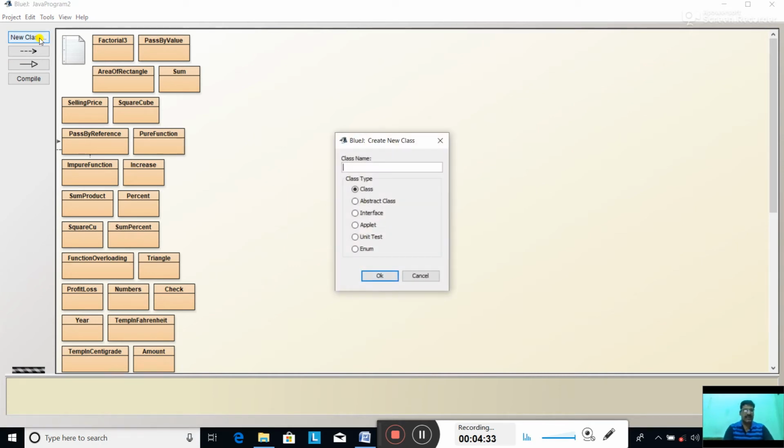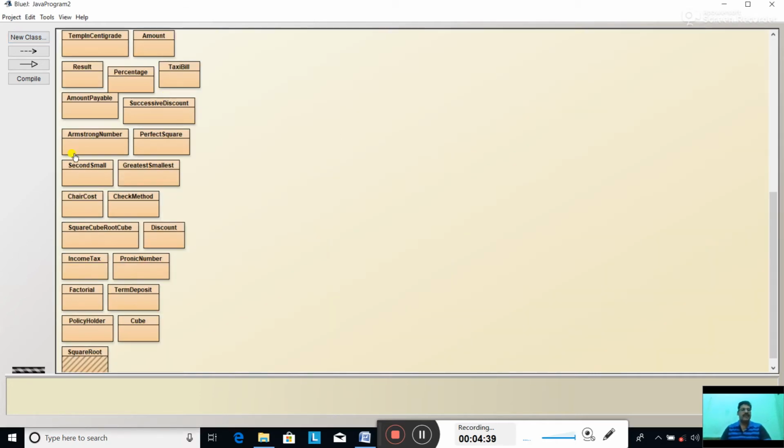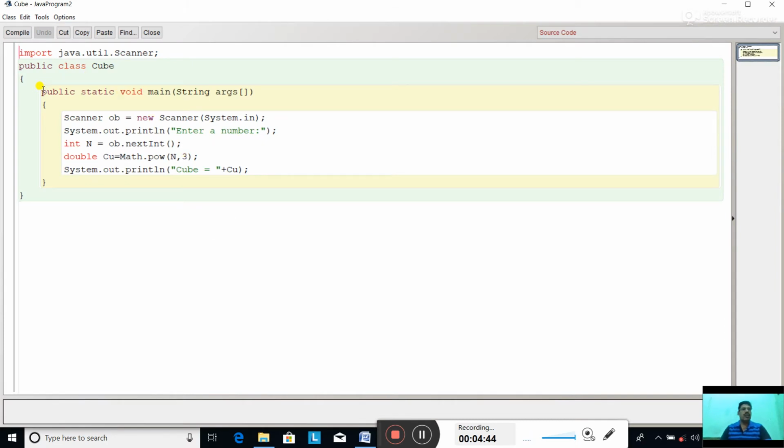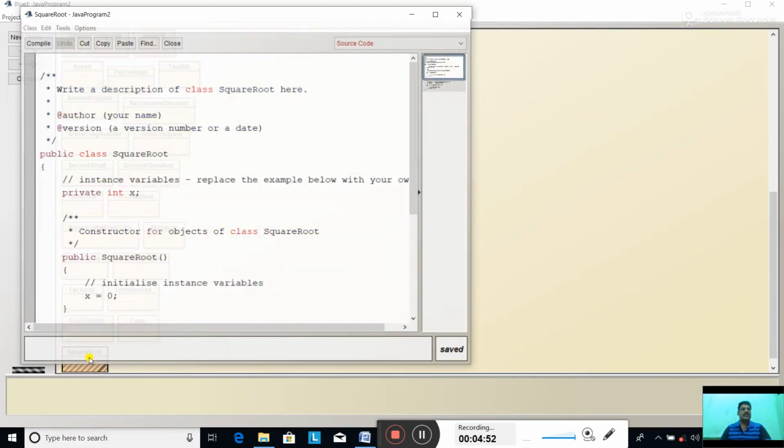New class, name SquareRoot. Class is created. Now first we have to input a number. So we'll just copy some lines from the last program and modify them there.